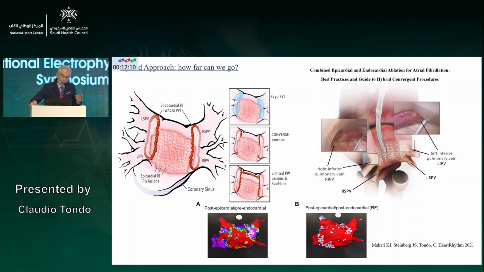I introduce this concept because one of the main aims of the hybrid approach is to create isolation of the posterior wall at the epicardial site. The surgeon, with a minimal incision in the subxiphoid region, can easily reach the posterior inferior atrial wall, and with this RF application in a parallel fashion can, as the mapping over here demonstrates, isolate the posterior wall, except